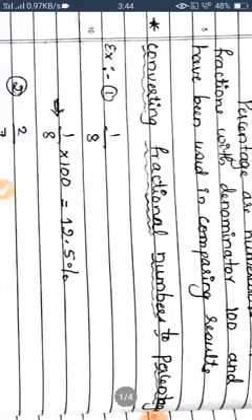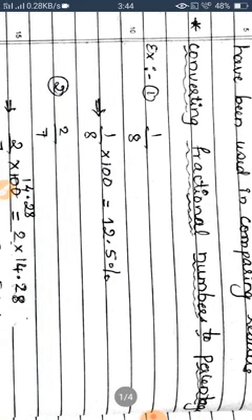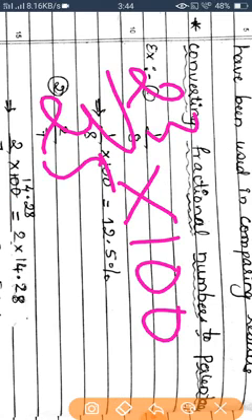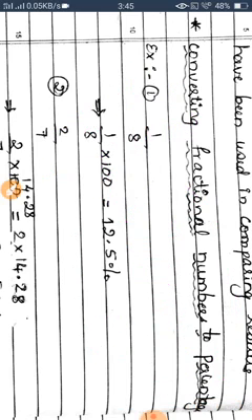So, converting fractional numbers to percentage. Convert fractional numbers, like 1 by 10, or 23 by 25, which I just said. So it is a fraction. How can we convert it to a percentage? Just multiply by 100. That's all. It becomes the percentage value. See, any number, any decimal, any fraction or any integer, if you want to convert it, you just multiply with 100. You will get a percentage.